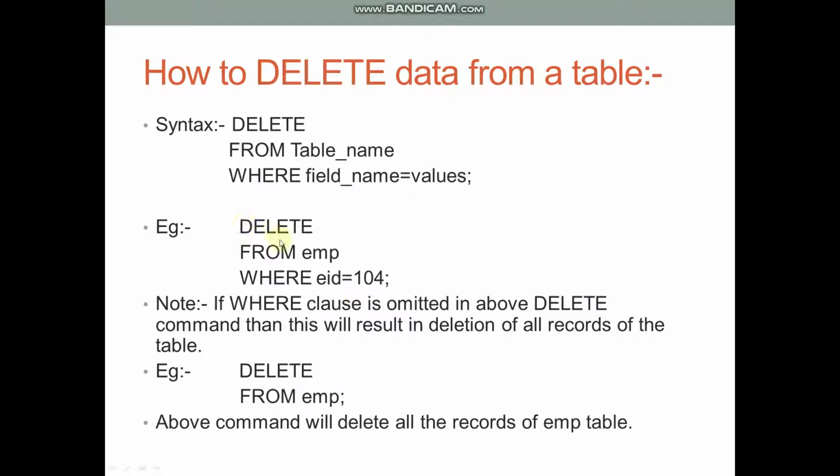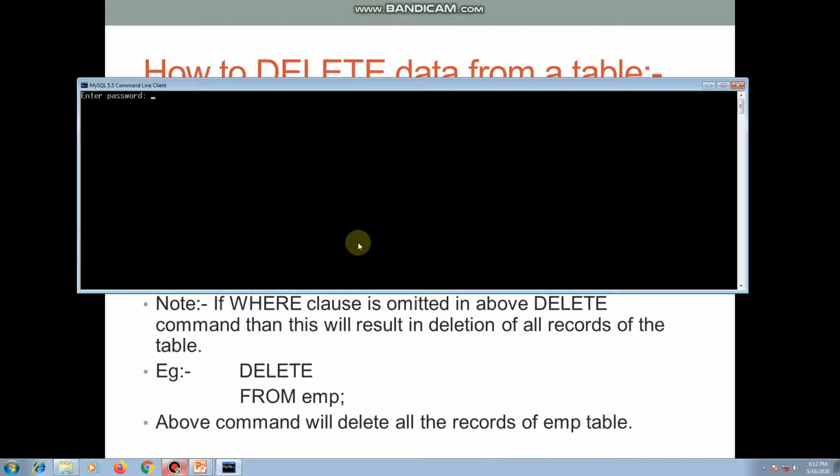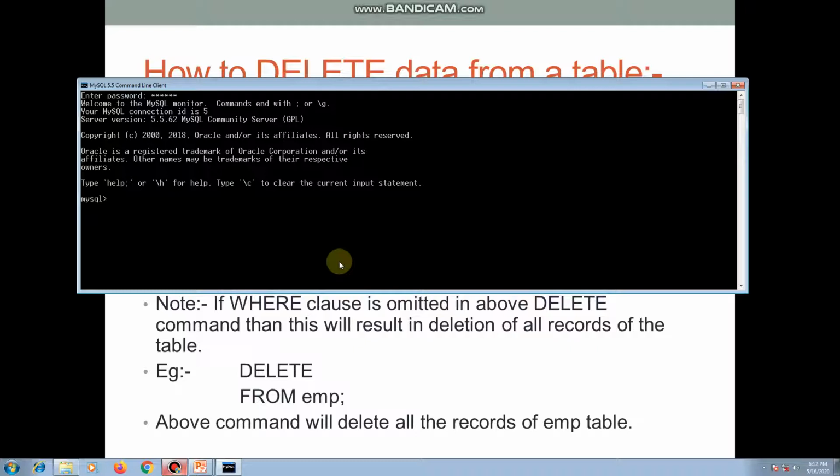So to have a practical example of this, we will start our MySQL server, and as you know, the password for this server is abc123, same as our school lab. And now first of all I need to connect to a database where this employee table exists. So to connect to a particular database, as we know, we will use the command connect and the database name. So my database name is mydb2. So now I'm connected to mydb2, so whatever operation I'm going to perform now will be implemented on database mydb2.